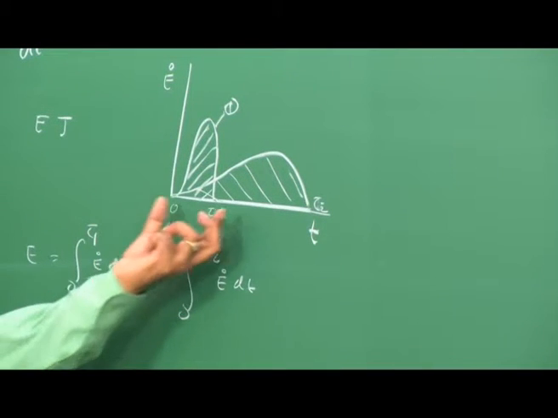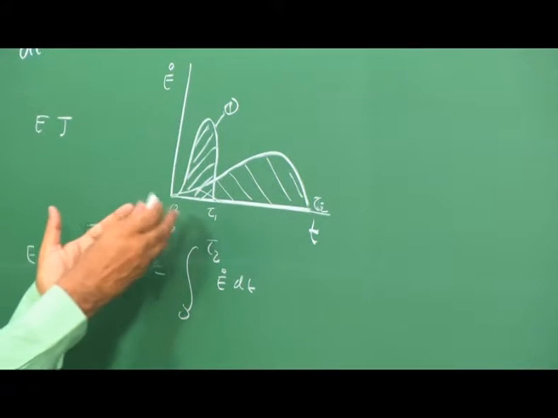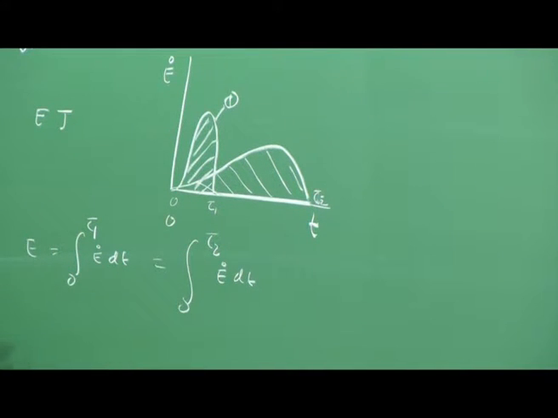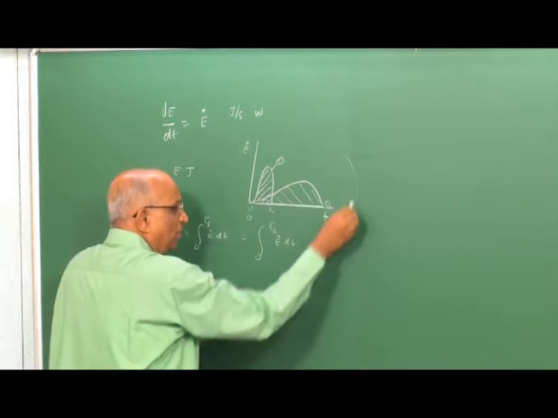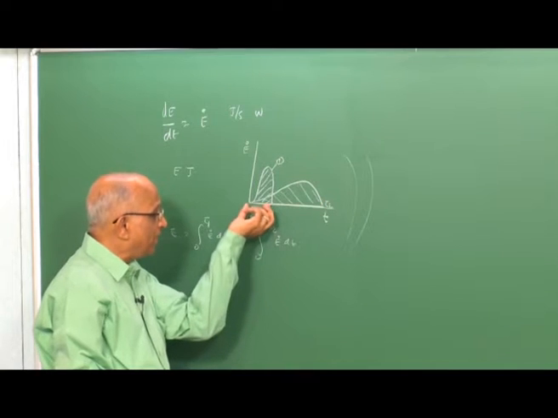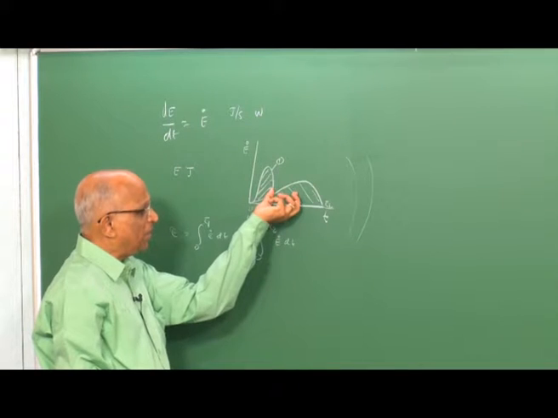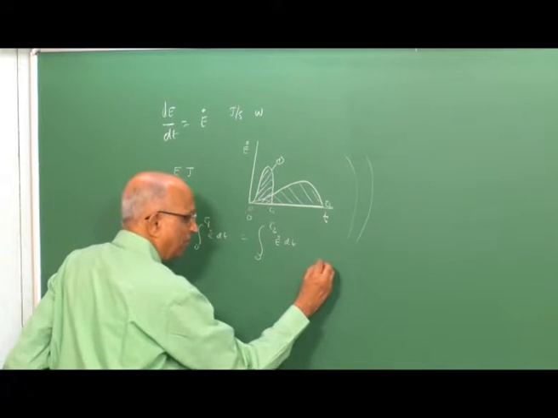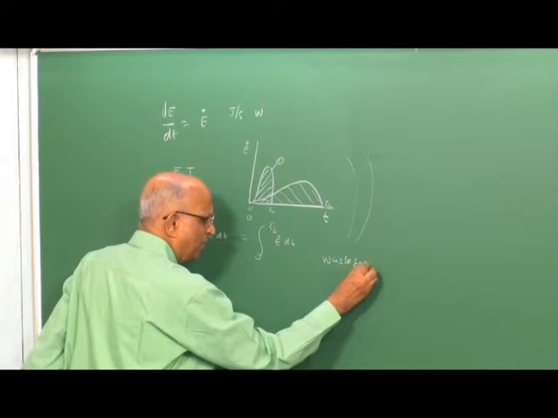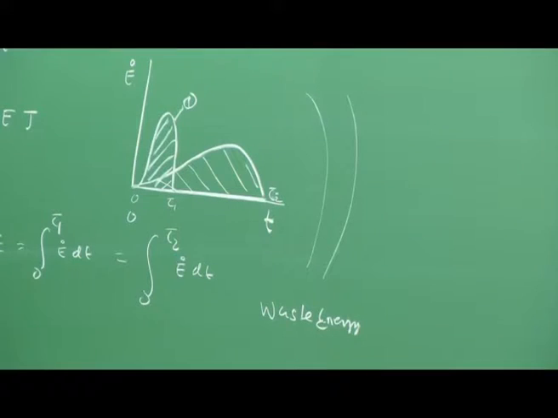When the energy gets released over a longer period, what happens? Much of the energy gets into heating the medium, and it is not really available to drive a blast wave. You recall, we had said that to drive a blast wave, you need spontaneous energy release, and late energy release is manifested more as thermal energy. We call this energy which gets wasted waste energy. It is not available to drive the blast, so from blast considerations, it is a waste.